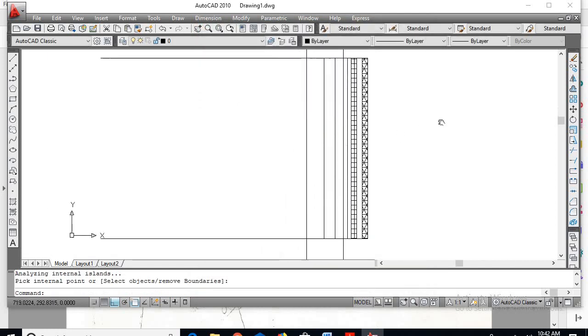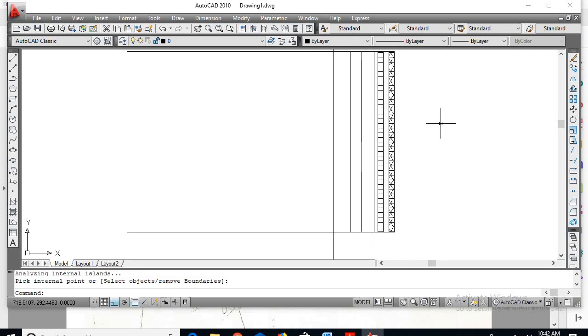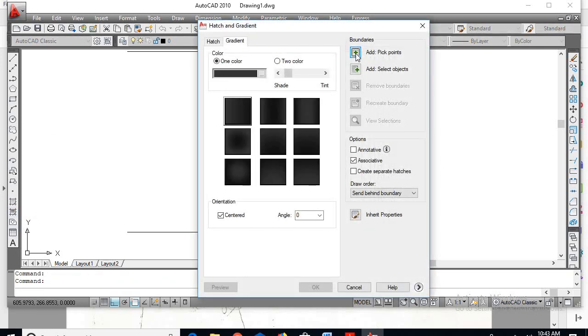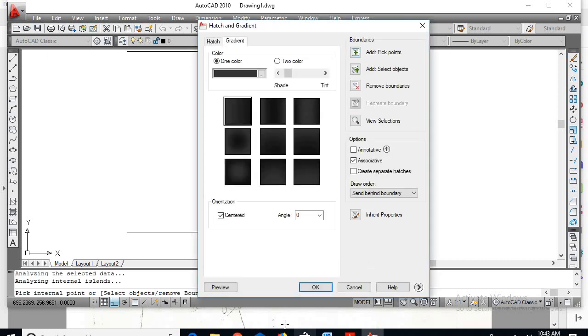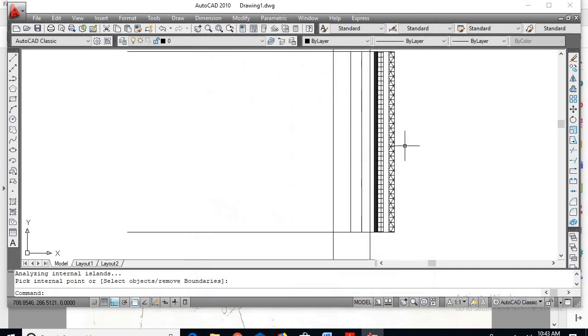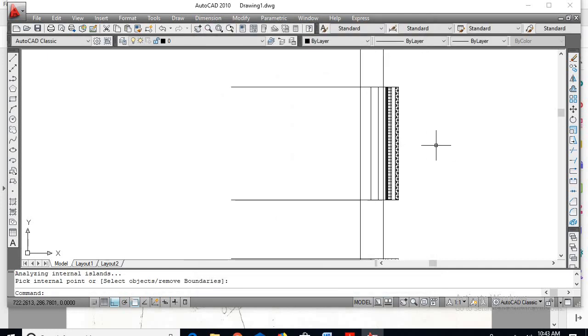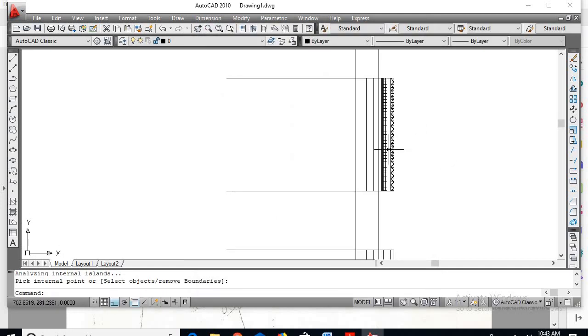So this is your LV winding. Okay. Next here comes the insulation part. There go for gradient. Add pick point. Select this. Say OK. This is the insulation part, and now I will delete these 2 lines